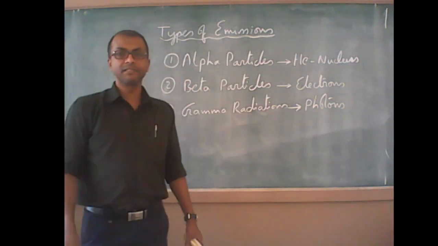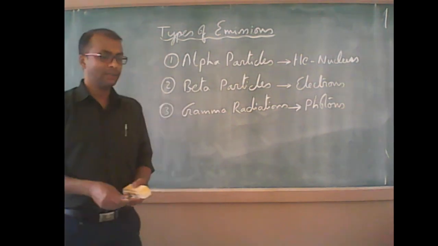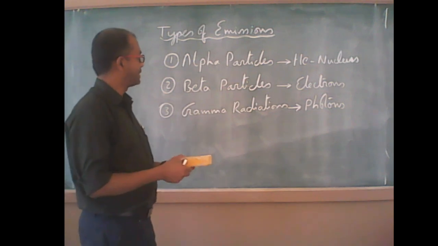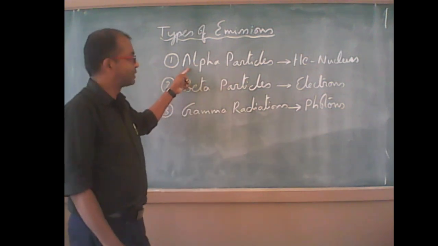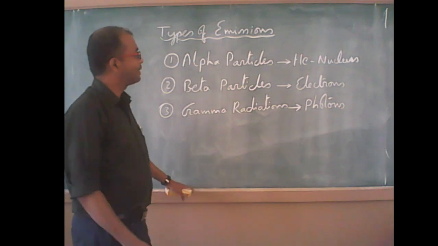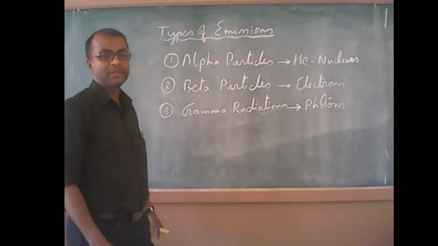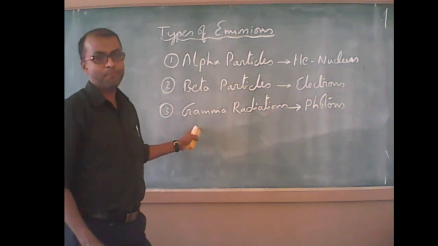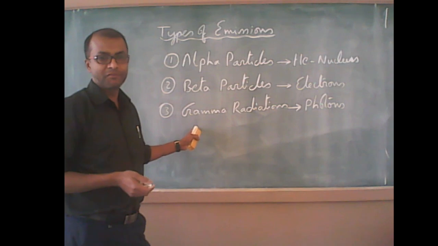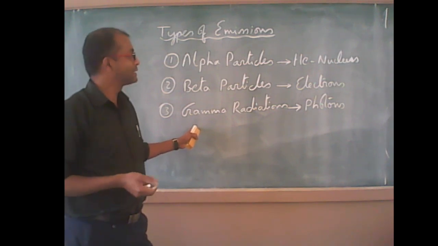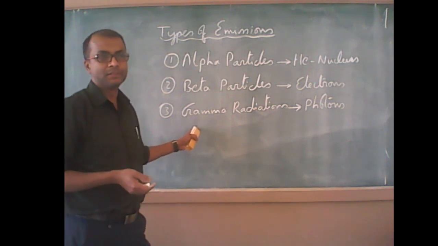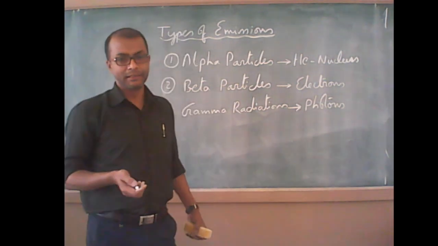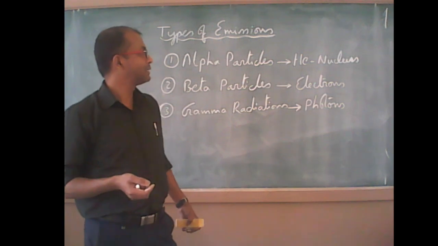So the properties of these particles and radiations, this is not in this part of the syllabus, but still we can revise that. These alpha particles are positively charged. They are doubly ionized helium atoms, which means helium nuclei. They have two protons and two neutrons inside them. They are affected by electric and magnetic fields. They possess high ionization power, which means that as they pass through a gas, they cause ionization. It kicks off electrons from the atomic orbitals.